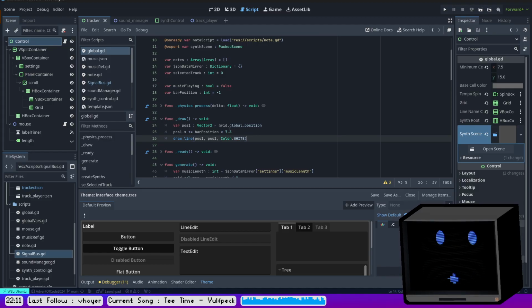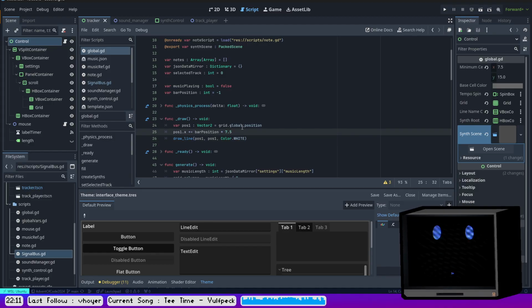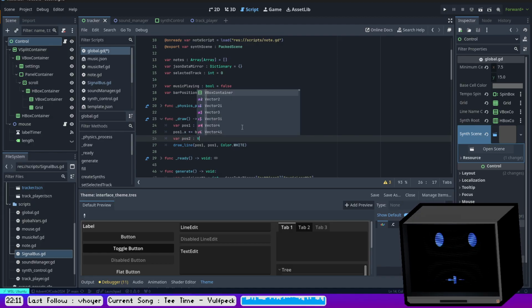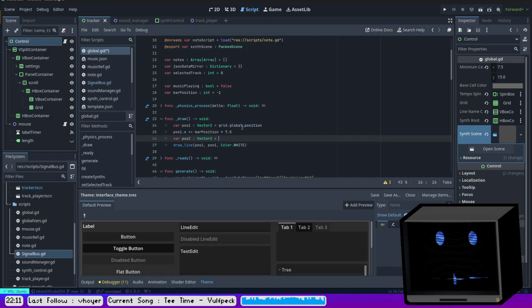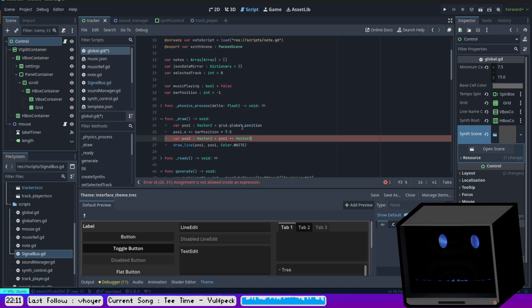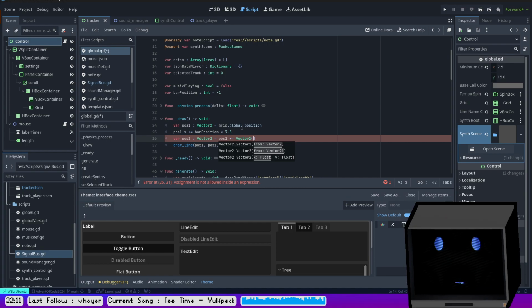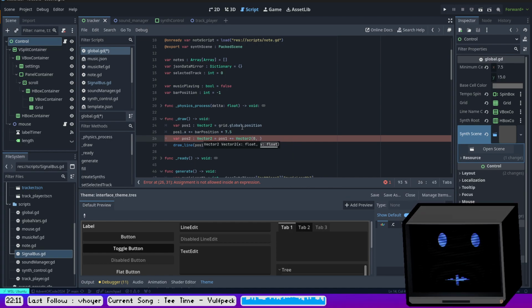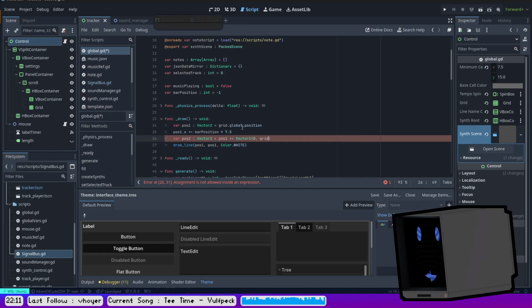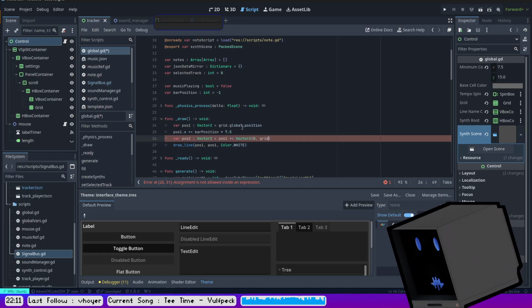So position 1 and then var position 2, it's a vector 2 and it's equal to plus 1 plus equal vector 2 0 and then this is grid dot